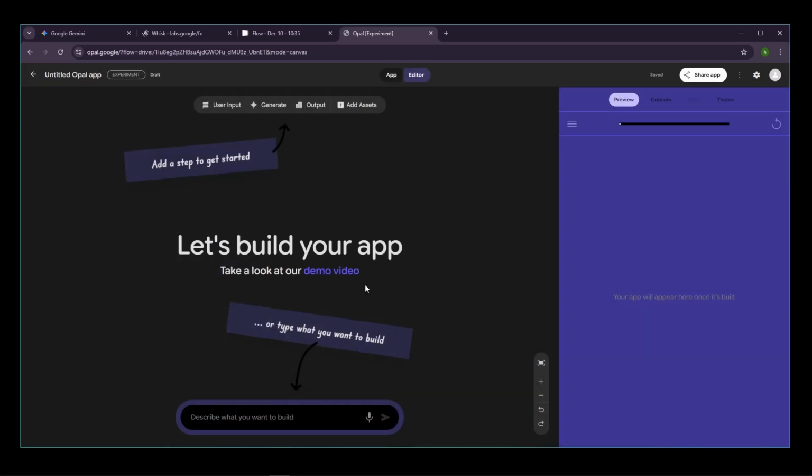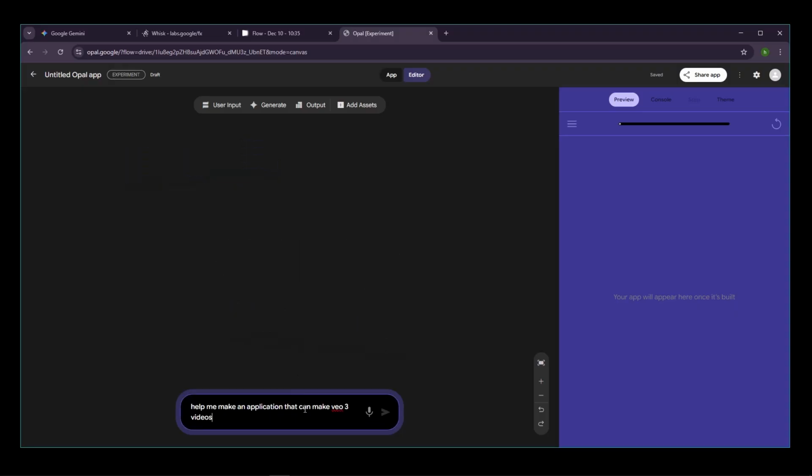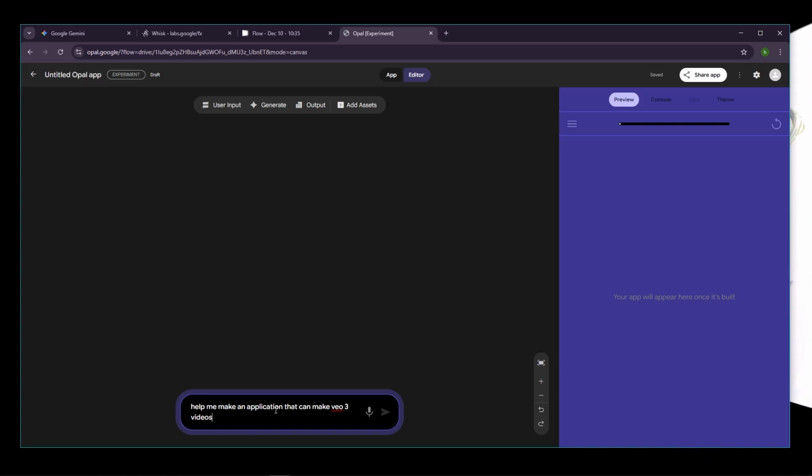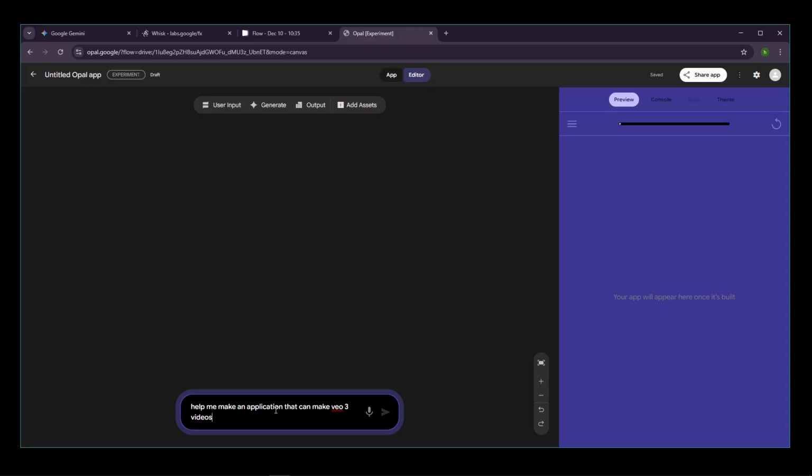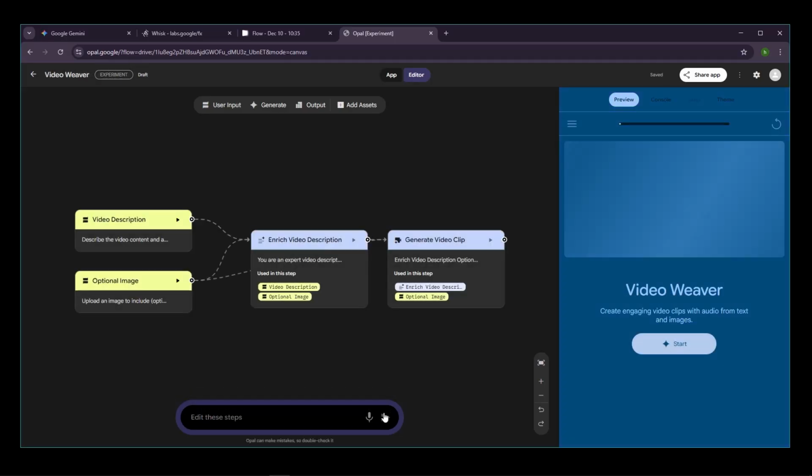This is the display where we can build the application. At the bottom, there is a command column where we can enter the prompt. Now I already have the prompt. In this prompt, I will ask them to create an application that can make VEO 3 videos. We can directly send it in this section, and later it will be directly processed or generated for the application